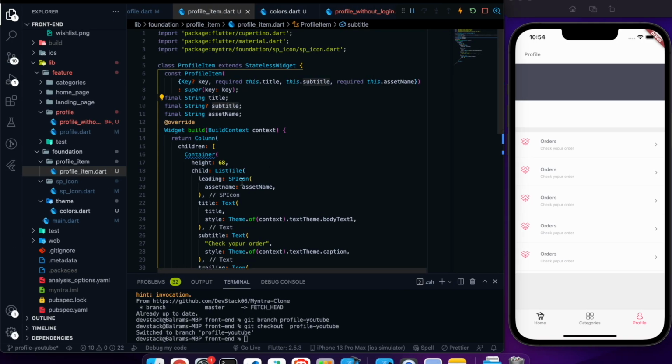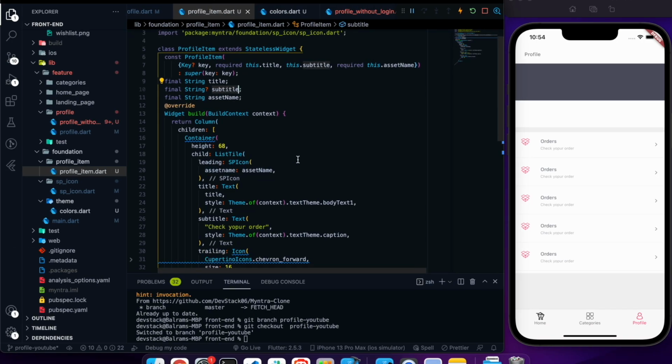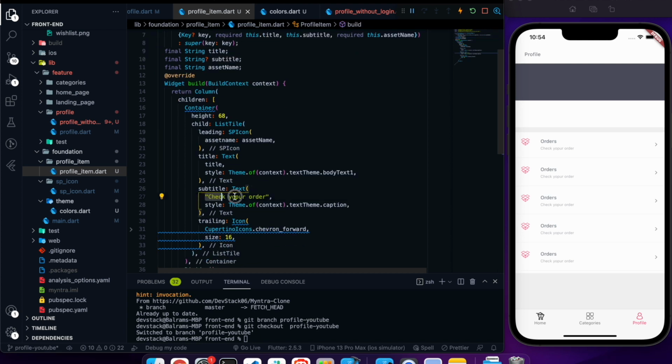So what should we do? If I use this subtitle over here directly, then it will throw a null error. So what I'm going to do, if it is not null, then we will use it.